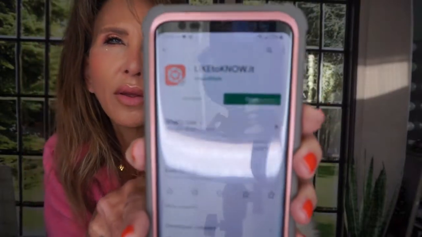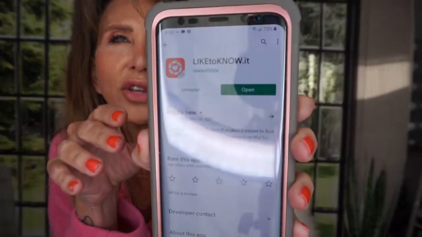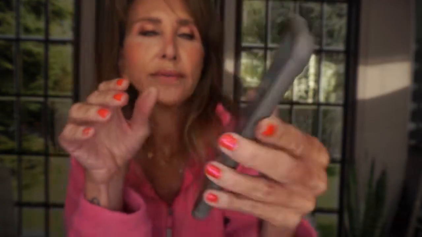Go to the Play Store. So I've loaded the Play Store. I look for Like to Know It. I put it in the search and it pops up. And because I already have it installed, it wants to know if I want to open it. So I'll open it,